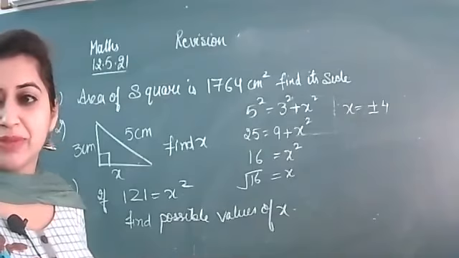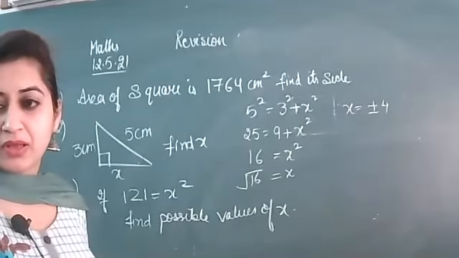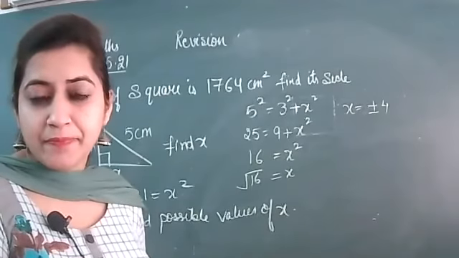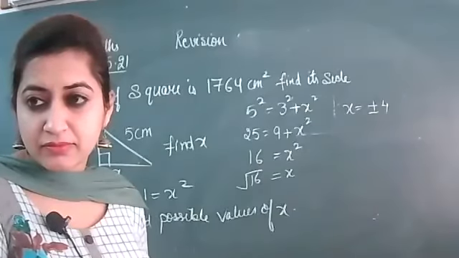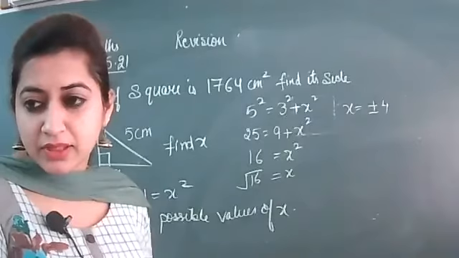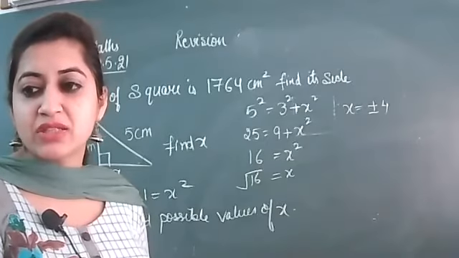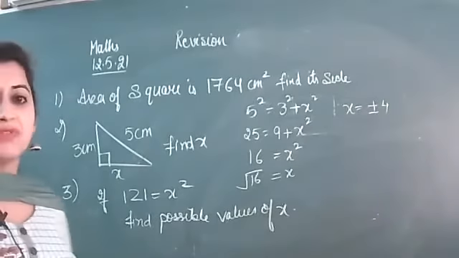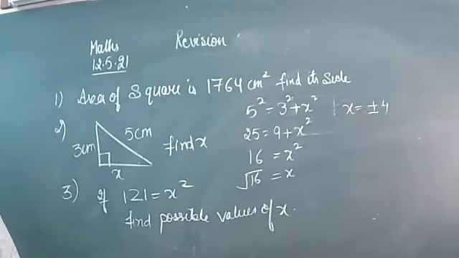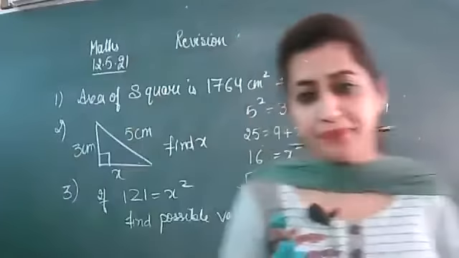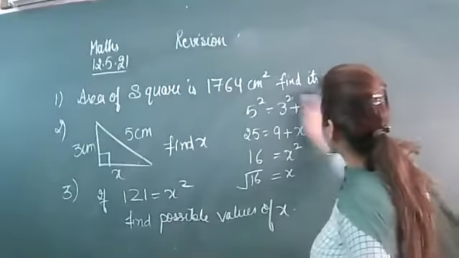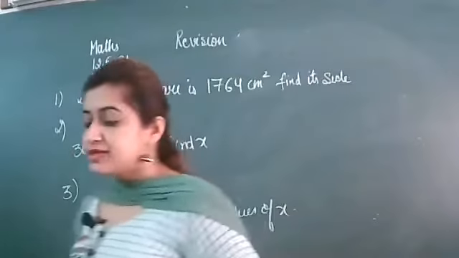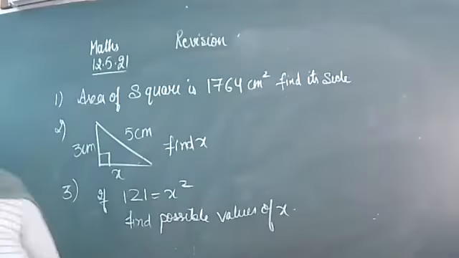First question, who will tell me the first question? Again, the same students. Taranya, can you answer this first question? Area of the square, 42 centimeter. Beta, how will you write? You will not just write the answer. This is a statement sum, na? You have to write it completely.